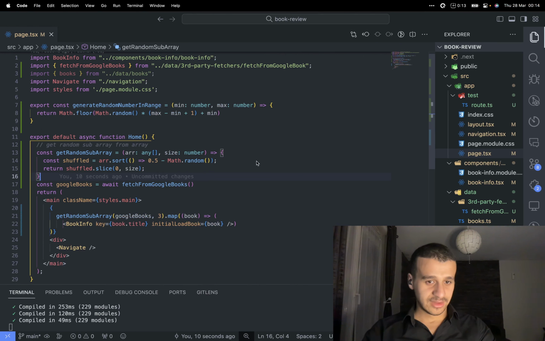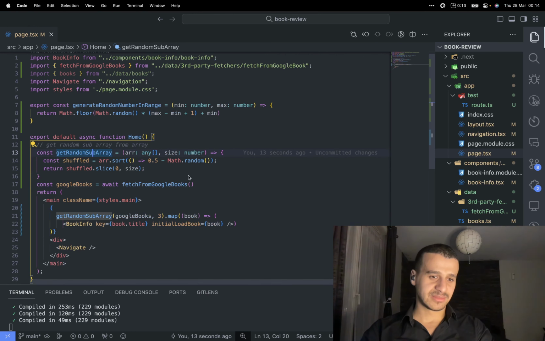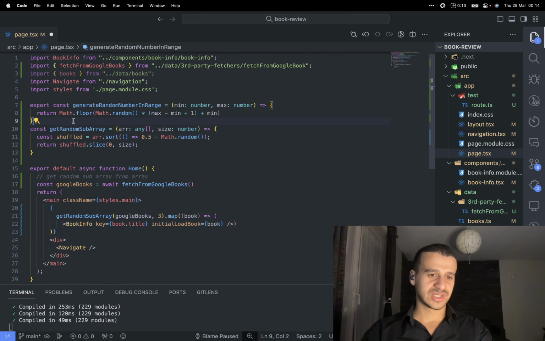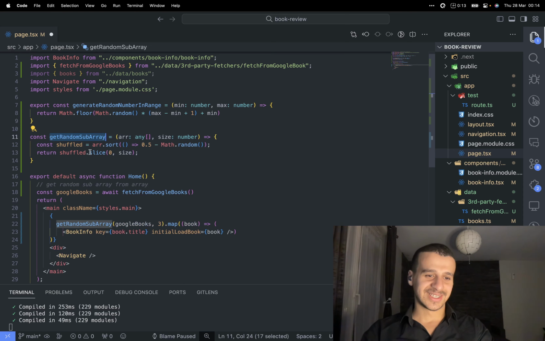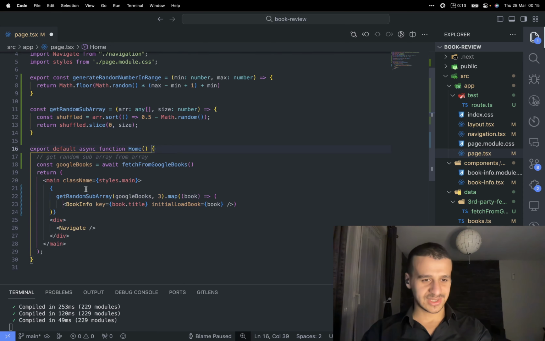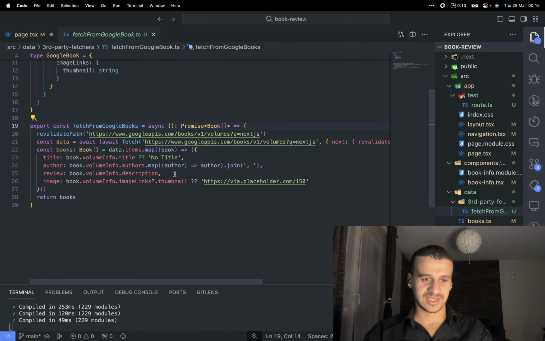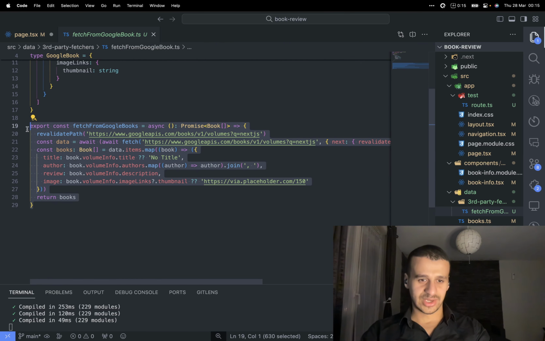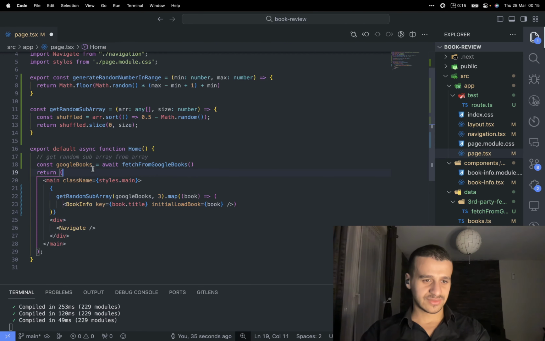What does it have? It's a server component that gets a random... it's a helper function actually. It just chooses a random sub-array of books. So we care about this. It gets a bunch of Google books from Google using this function that is shared with our backend route. So you can read it later. So we get the books from Google Books, and then we display them using this book info